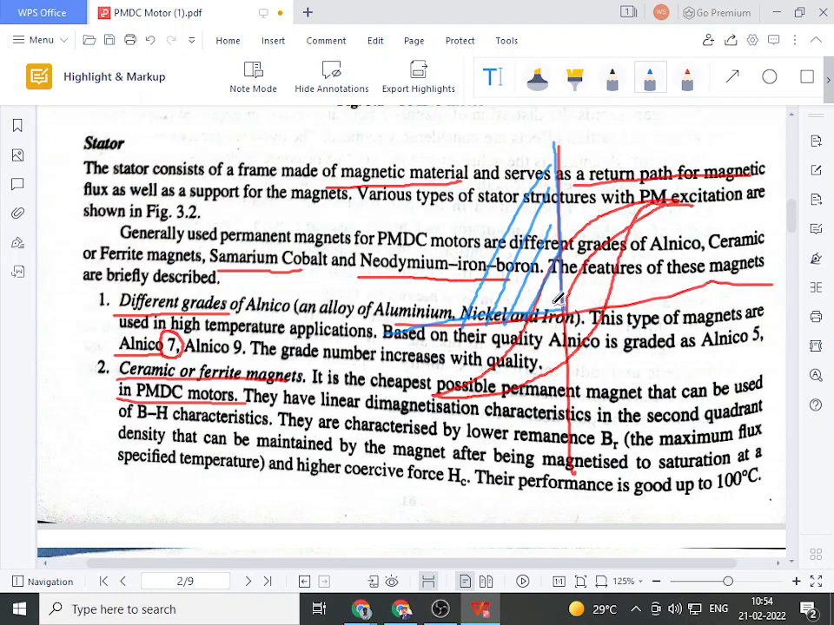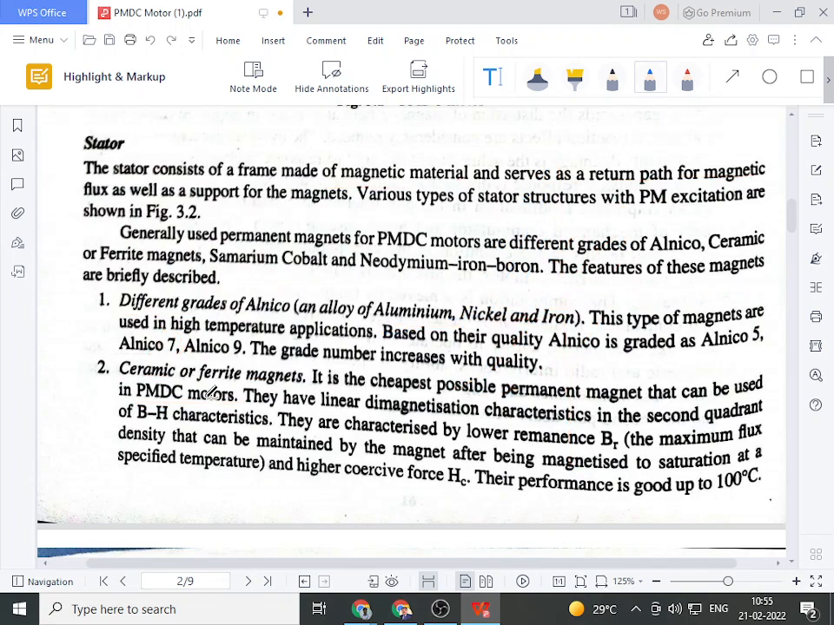The area under the BH curve is known as the entire strength of that magnet. Depending upon the type, ferromagnetic material or paramagnetic material, there will be variation in the area of that BH curve. So the demagnetization characteristics of permanent magnets always lie in the second quadrant, and these ceramic or ferrite magnets are generally characterized by the lower